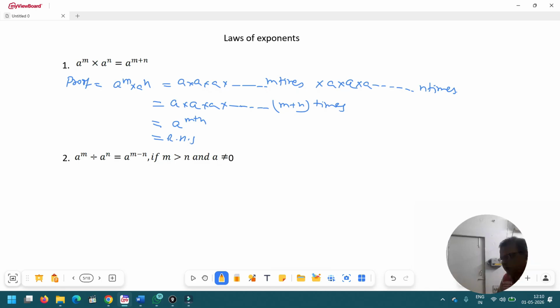Now law 2. a to the power m divided by a to the power n is equal to a to the power m minus n, if m is greater than n and a is not equal to 0. Proof. a to the power m divided by a to the power n is equal to a to the power m over a to the power n, is equal to